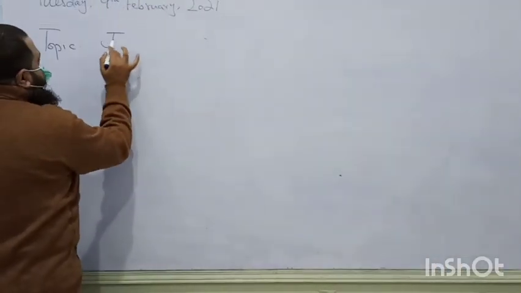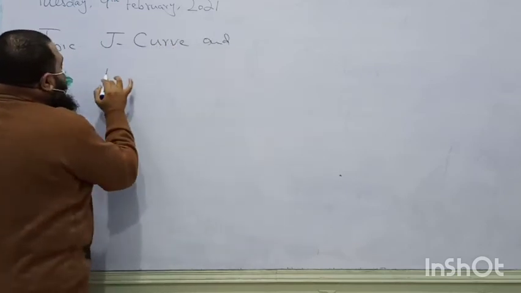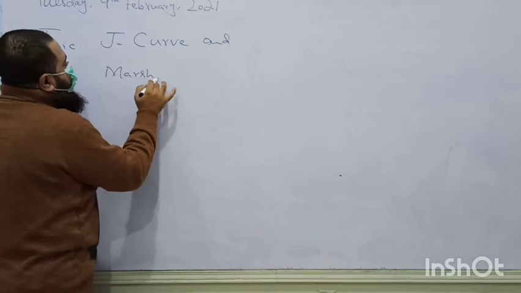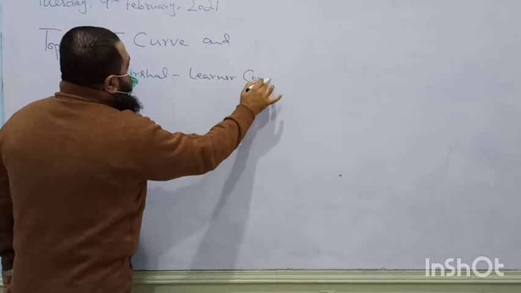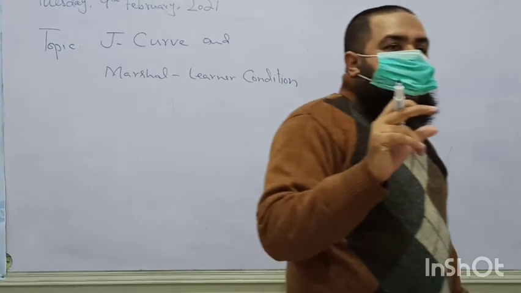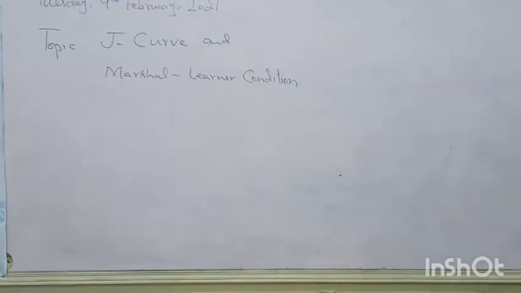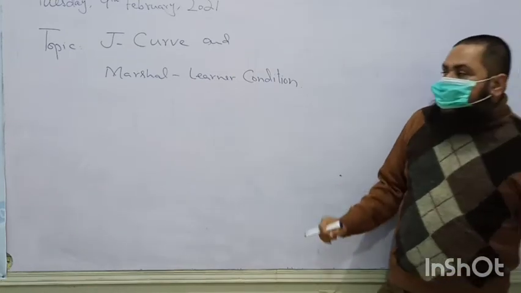Now talk about the J curve. What is meant by J curve? And Marshall-Lerner condition. What do you mean by Marshall-Lerner condition? What is this? Like if we say depreciation of exchange rate is taking place, will it help the country to be out of the trade deficit or it is going to increase the trade deficit of the country? It depends upon this condition. What is this condition actually?